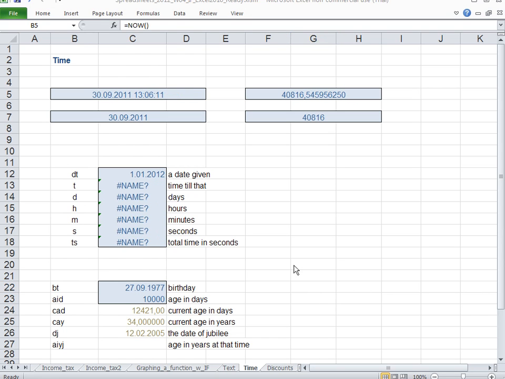When we consider time, we see that there is a cell wherein time and date are displayed together. We'll inspect that further, but right now it's 30th of September 2011, 13:06 and 11 seconds. When we hold this F9 key, which made us recalculate the Excel sheet, you can see the seconds clicking. So actually it's as if a clicking clock. And we can see that